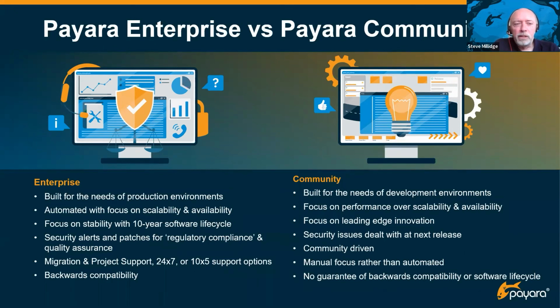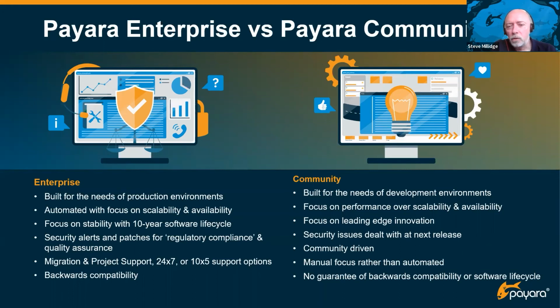With Enterprise, we're very much focused on those pillars that you saw in the previous slide. So scalability, availability, mission critical workloads. It won't track the standards as fast as Community because we want to make sure that if we're building new implementations, they are scalable and they meet the needs of using them in mission critical environments. And we're not planning to build a massive feature function difference between Community and Enterprise, but what we are doing is Enterprise will be focused on those mission critical environments with stability and long software life cycles.